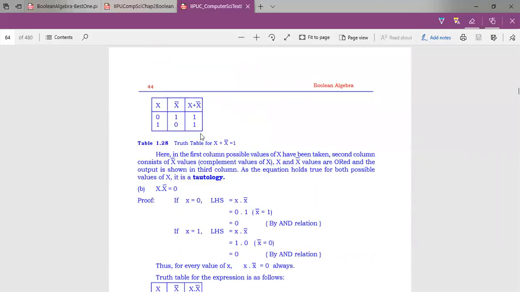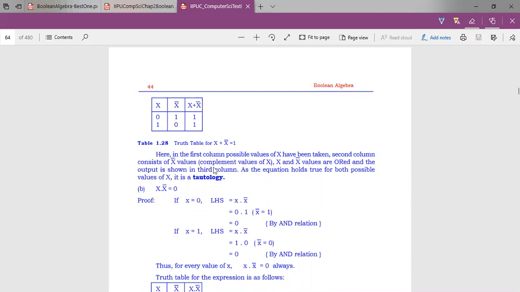Look at the TT. This is the proof of complementarity theorem with respect to logical addition. First column is x, next is x bar, next is x plus x bar. X is 0 and 1, only two values. So x bar becomes 1 and 0, x plus x bar: 0 plus 1 is 1, 1 plus 0 is 1. So in both the cases, you are getting 1 as the output. That is why, by observing the last column, x plus x bar is always equal to 1, whatever the value of x, whether x is 0 or 1, only two values possible anyway. The output will be always 1.